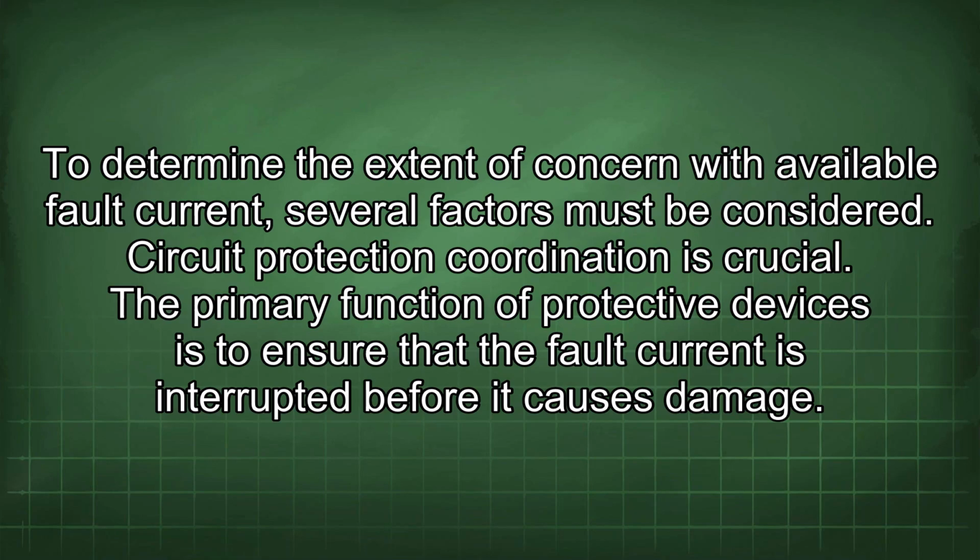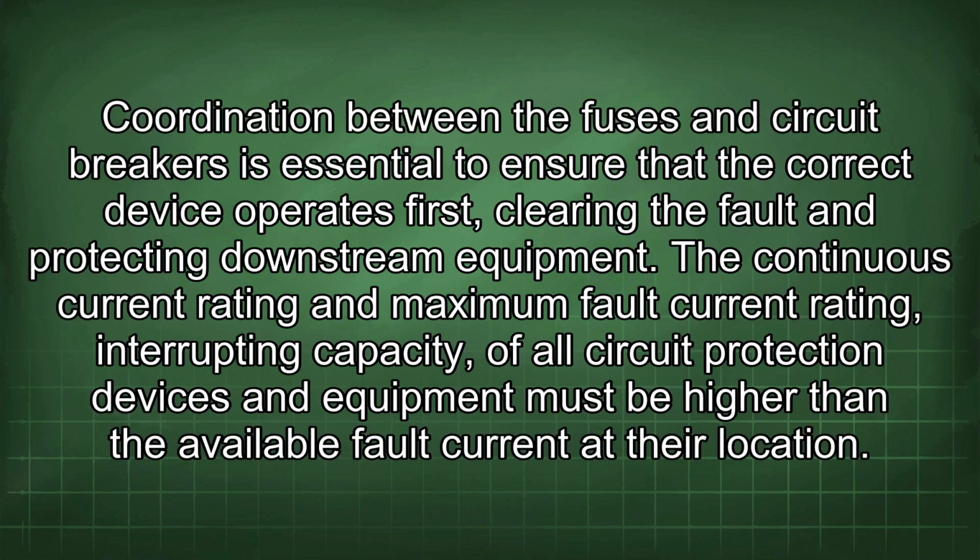To determine the extent of concern with available fault current, several factors must be considered. Circuit protection coordination is crucial. The primary function of protective devices is to ensure that the fault current is interrupted before it causes damage. Coordination between the fuses and circuit breakers is essential to ensure that the correct device operates first, clearing the fault